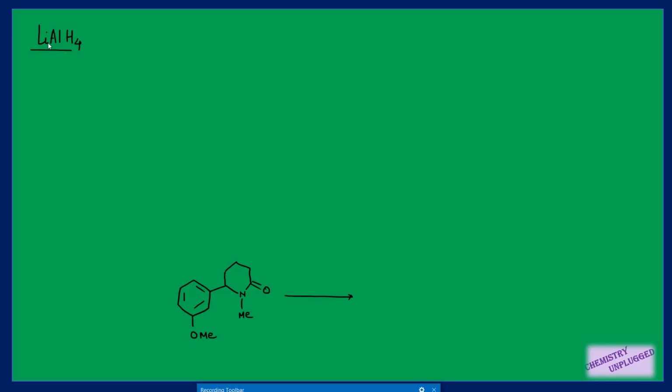So first we will take lithium aluminium hydride. We all know that this is a very strong reducing agent and it can reduce almost all types of functional groups. For example, aldehydes, ketones, esters, carboxylic acids, nitriles, lactones. They all are reduced by lithium aluminium hydride. Aldehyde, ketone, ester and carboxylic acid will directly form alcohol. Nitriles will be converted into amine and lactones will form lactols, right?